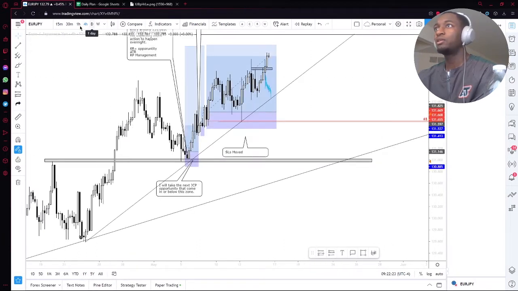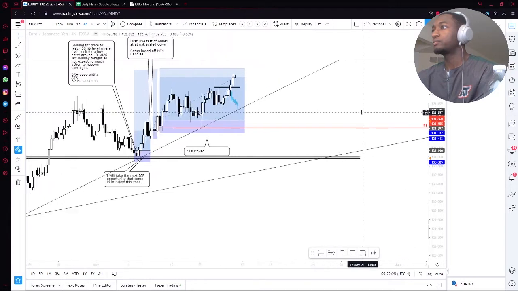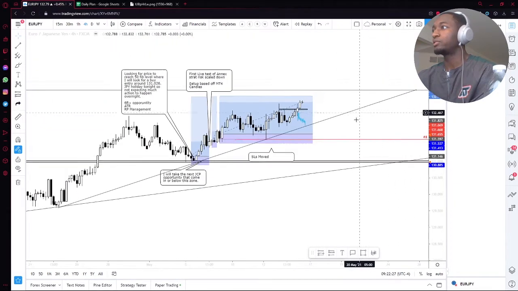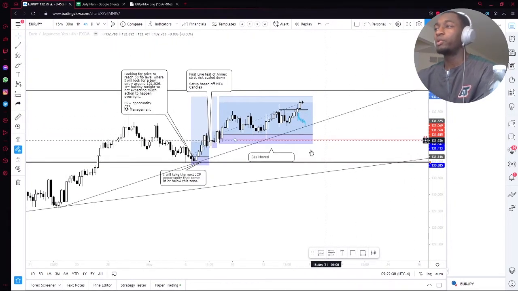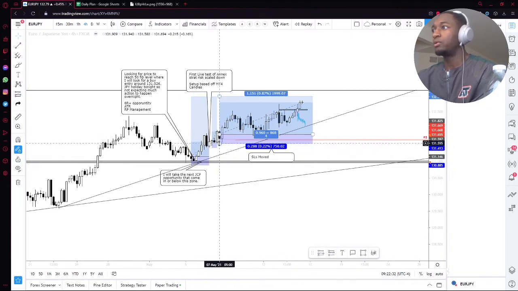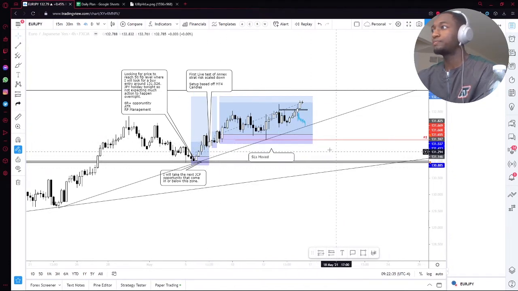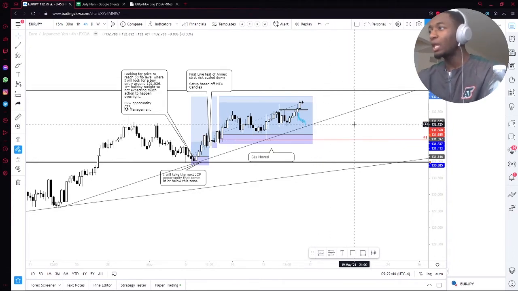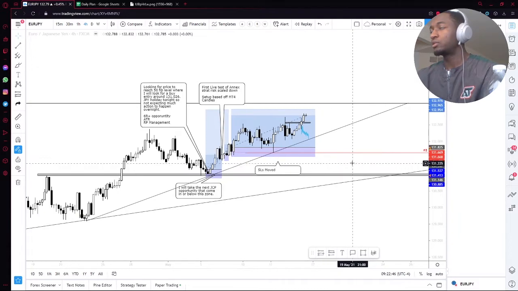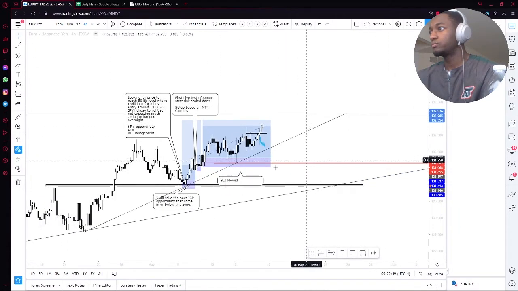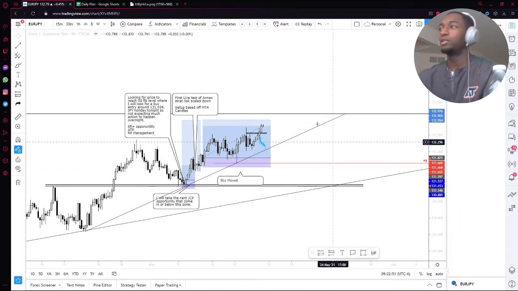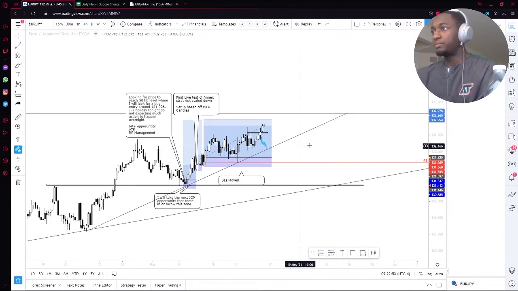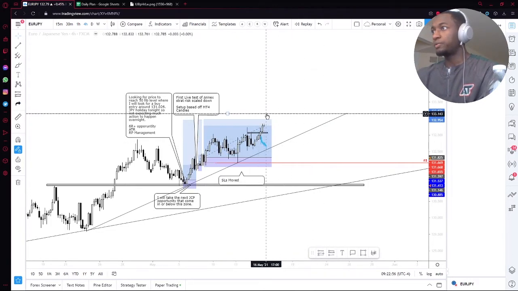EURJPY, nothing really active on this, other than moving the stop loss. I think like Monday or Tuesday, I moved my stop loss further in profit on all these trades. The only one that I still have exposure on is this 4-to-1 opportunity here, which stop loss is shortened to about halfway, so I'm risking half of what I initially risked. So EURJPY is good. Gotta still manage the trade. My ultimate target is 133.